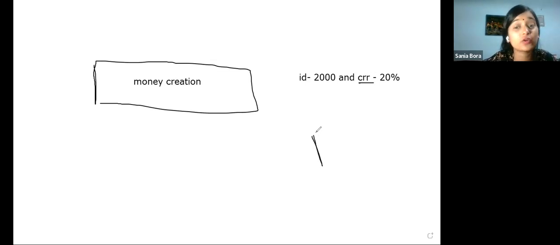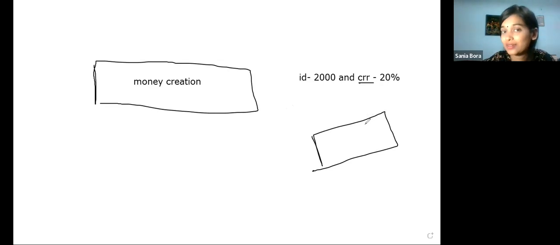I think when we were drawing the table, if you remember, I told you about LRR, but over here I also mentioned CRR in bracket. You can't check it right now, but CRR is a part of LRR only. There are two types of reserve: one is SLR and one is CRR. LRR is a bigger part, and CRR and SLR are the two parts of LRR. So you can mention LRR, but it is not sufficient.